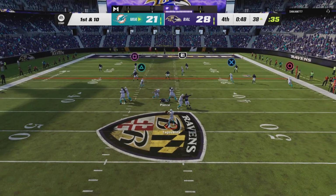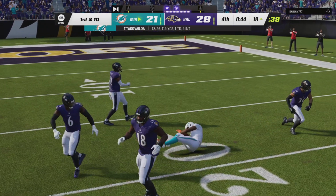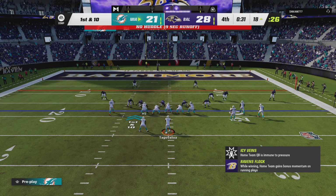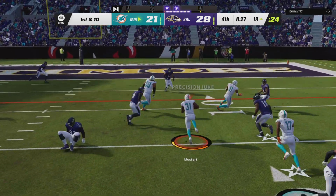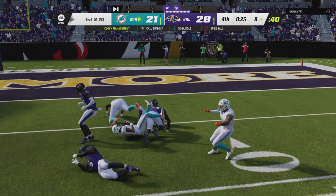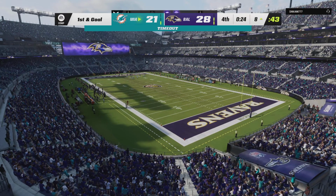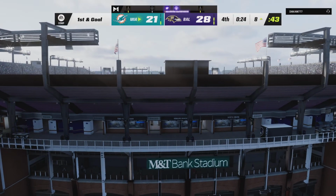Here's Tua. This will be caught. It's Waddle. And they'll wind up getting this one all the way down inside the 20. On 1st and 10, it's Mostert. And they've got it inside the 10 at the 8. The Dolphins going to take their second timeout as they'll stop the clock with 24 seconds to go in the